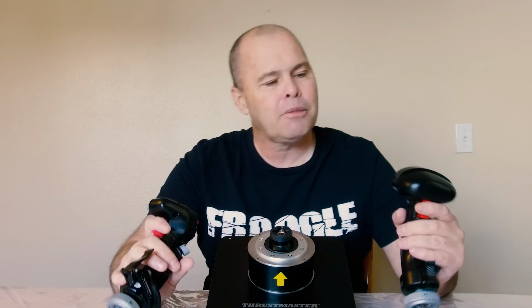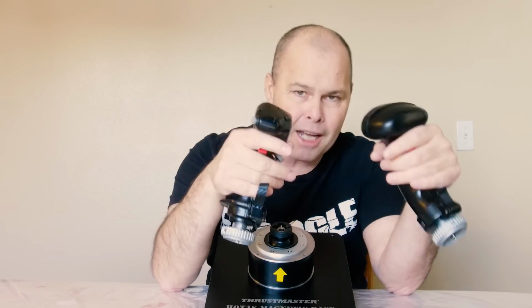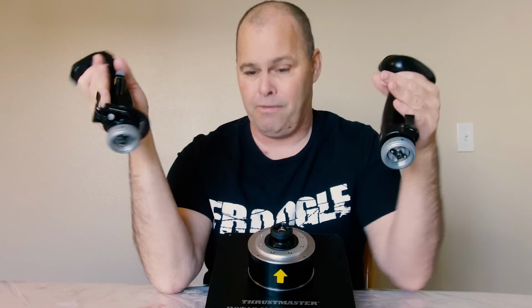Alright, so the new-ish realistic combat sim ecosystem consists of multiple joysticks and the base. Basically, they've taken the old Warthog and separated it into different components, and their reasoning behind that, I believe, is to make their flight sim line go kind of the same way as their racing line. If you actually go and look at Thrustmaster's racing line, you buy a separate base from wheel, from pedals, from stand, and so on and so on. It really lets you build the system that you want, rather than just going out and buying a box set of this is what we think you should have, which you can still do, by the way,